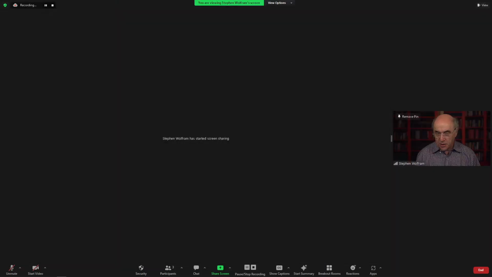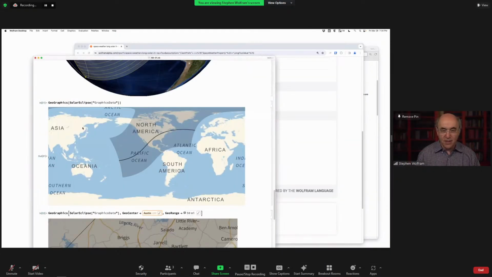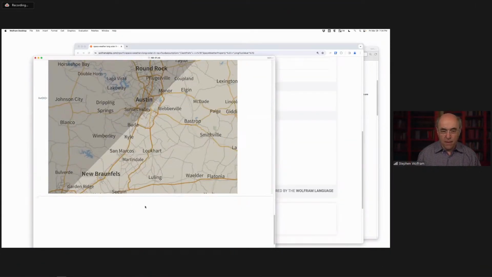Well, let's see. Candid asks, is the moon 400 times as small as it is distant from the sun at eclipse time? Well, let's see. That's one of those things where we can just compute it. So let's just do it. I don't know is the answer. The initial answer is I don't know, but the next answer is I think I can compute it. So we're asking